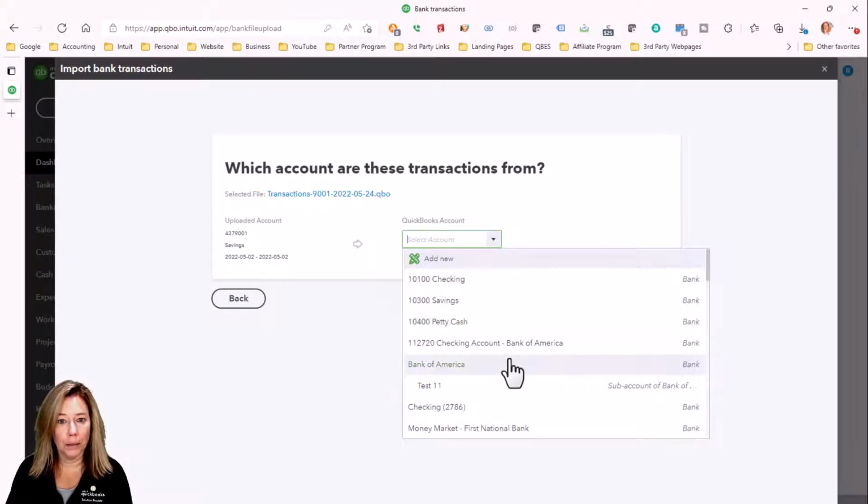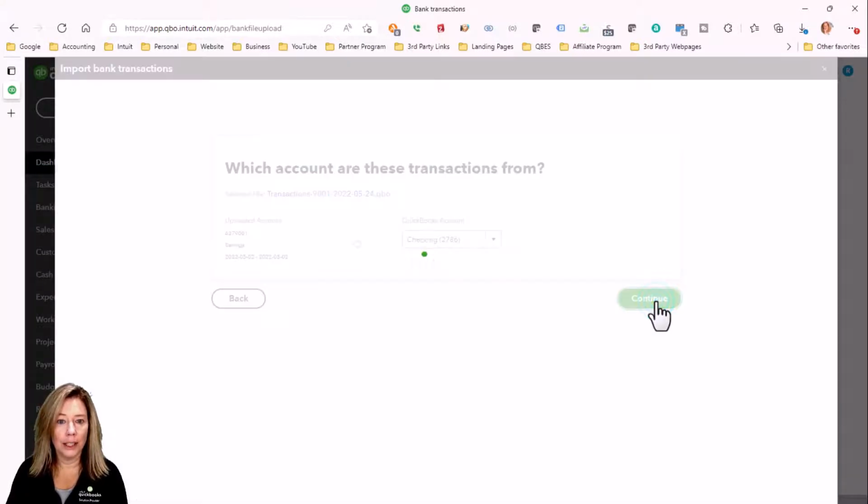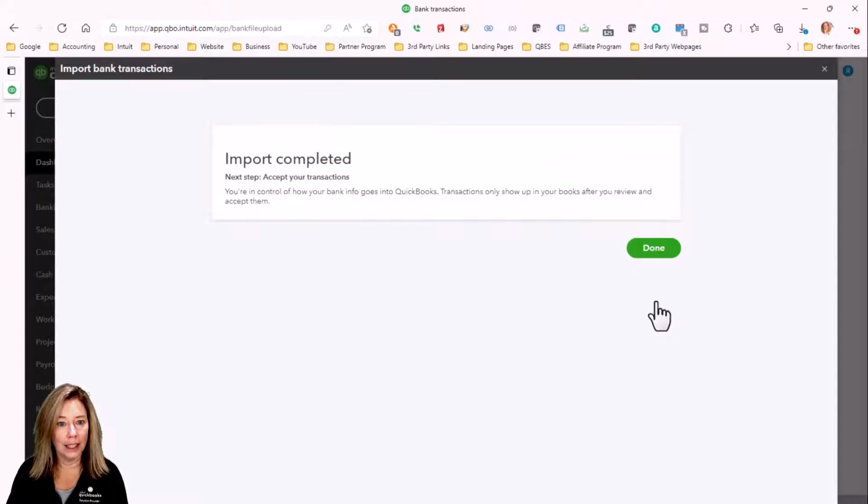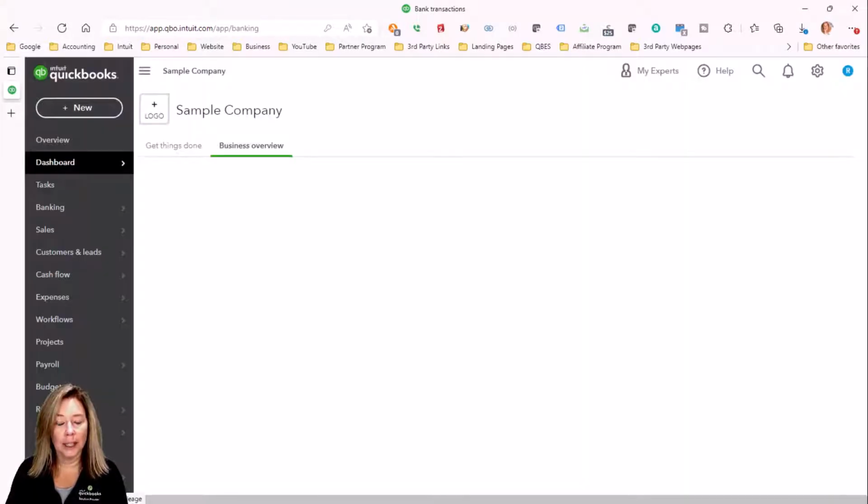If you're new to QuickBooks, you may not have an account to upload the transactions into. If you don't see your account, select Add New from the drop-down to create a new bank account. This screen shows the import is completed and you need to accept your transactions. Select Done. This takes us back to the QuickBooks Banking Center, and the next steps are to categorize the transactions